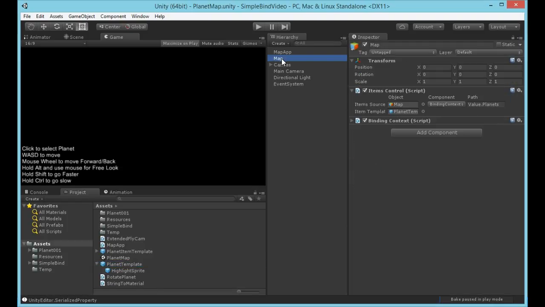So if we go back to our map object, once again we have an items control. The items control is bound to our binding context planets field, and the binding context is bound to the current map. And the template that we're going to use for every item in this list is going to be the planet template. So if we go ahead and run this,